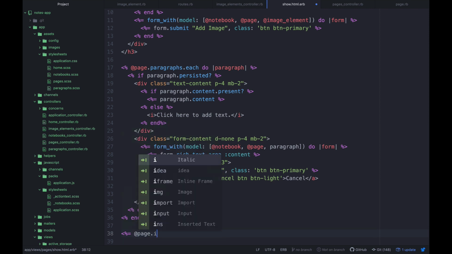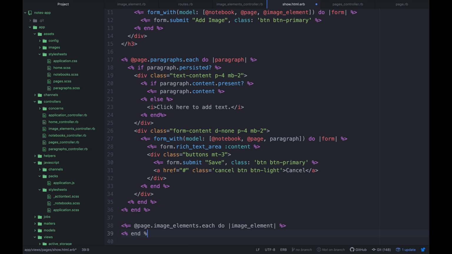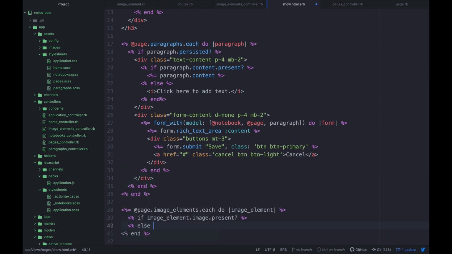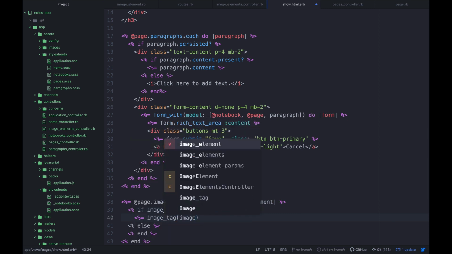So I'm just going to say @page.image_elements.each do |image_element|. Okay, let me go ahead and end that, and then inside of here, let's just get something basic working. So I'm going to say if image_element.image.present?, else. Okay, so what we want to do is say if our image is present, let's just print the image out in an image tag. So we'll say image_tag image_element.image,